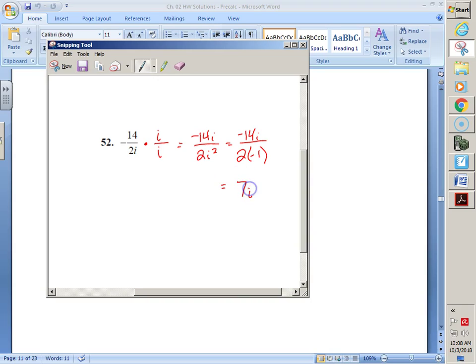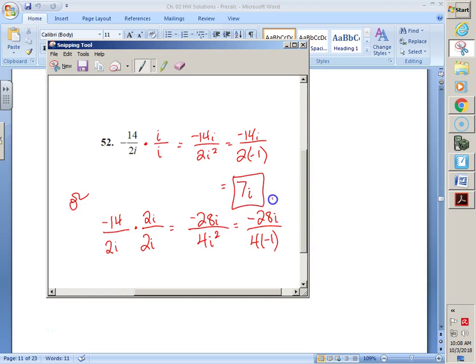Let me just finish this. It'd be a 7i, negative 14 over negative 2. The other way, which still looks different than the book, because the book multiplied by a negative 2i for whatever reason, I've just done a positive 2i. That would have been negative 28i over 4i squared. And then that i squared turns into a negative 1. So remember, 2 times 2, i times i. Negative 28 over negative 4 is 7. I got negative 7i because